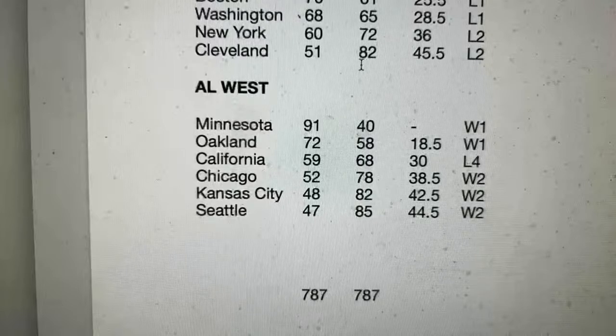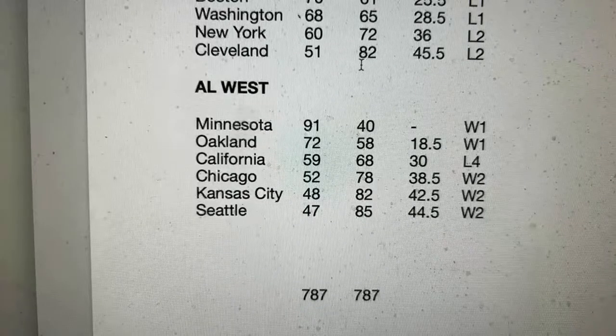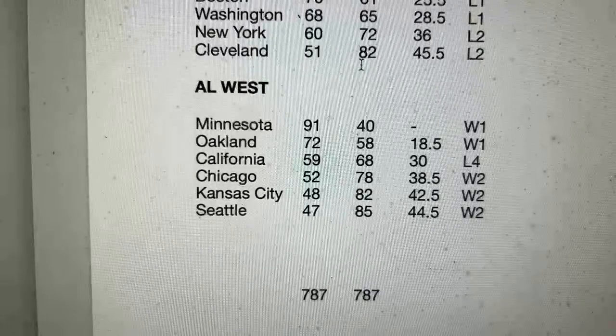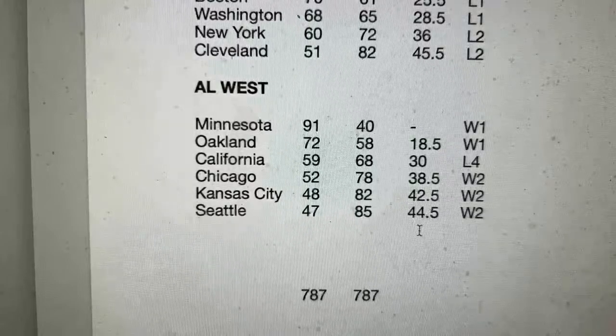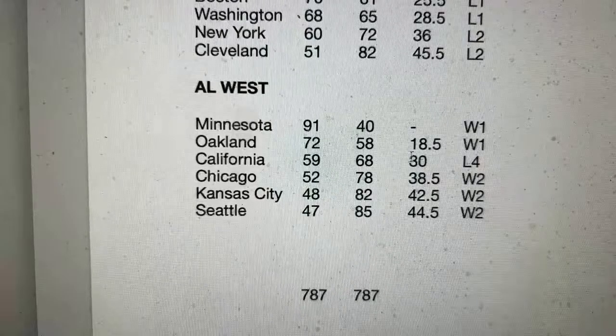And if they win 16 of them, they all they have to do is win 9 of them out of 30 to hit 100. So they're on their way to 100. Oakland runner in the West. They're 14 games over 500, but a large 18.5 out.